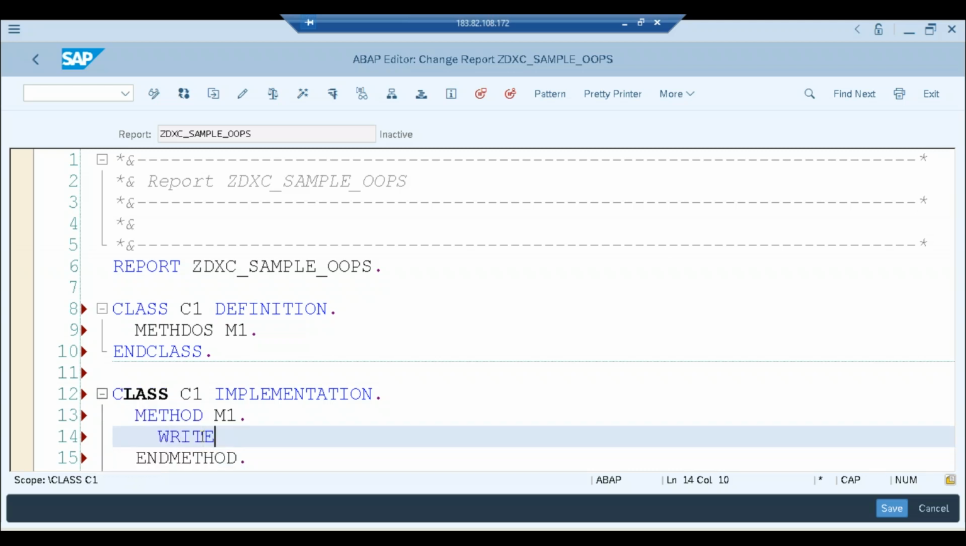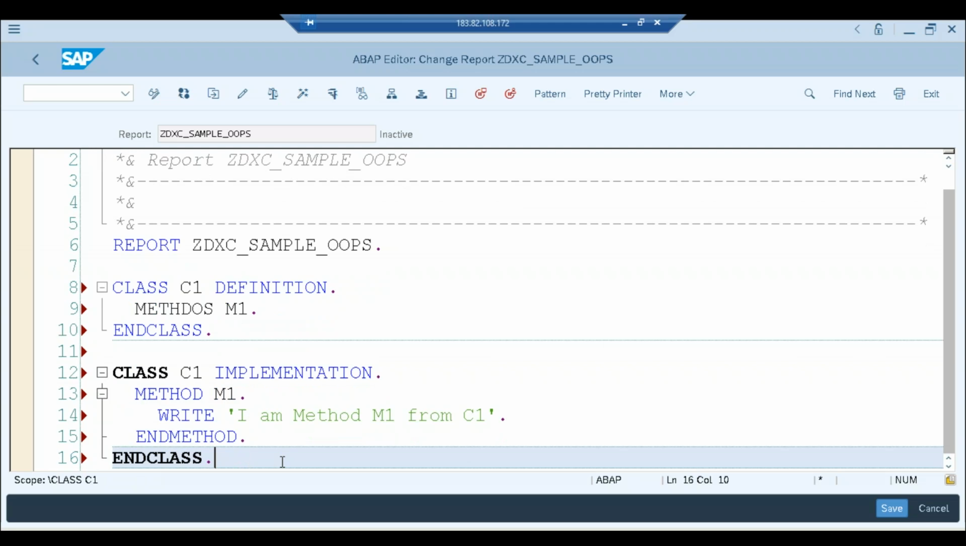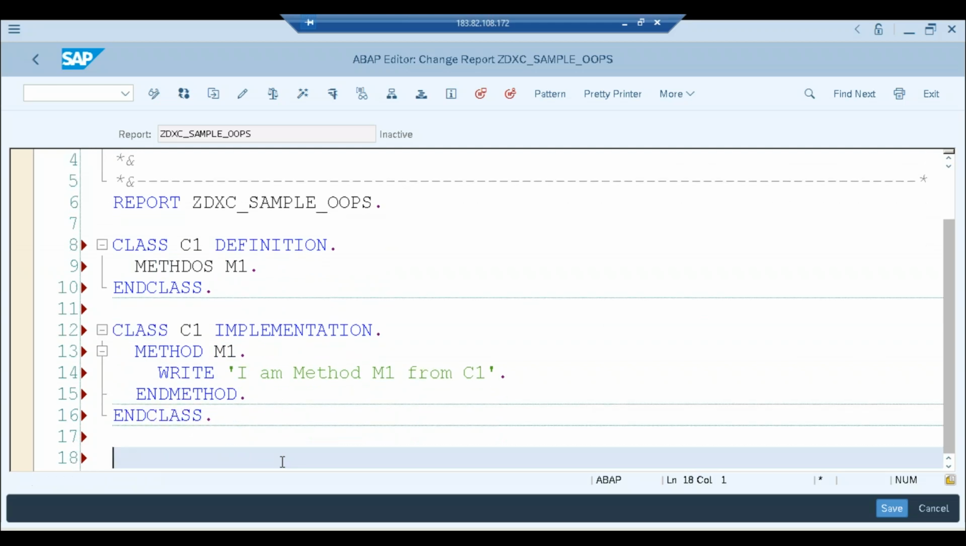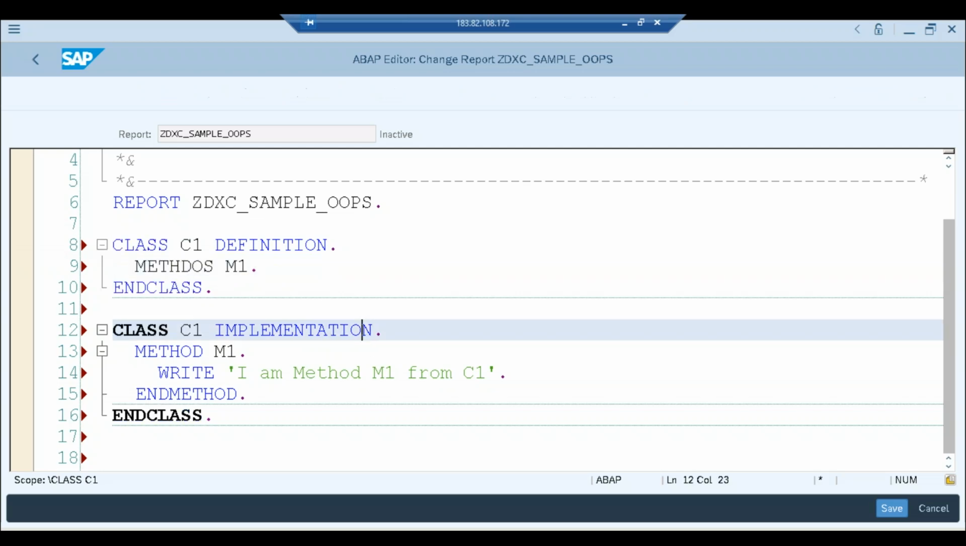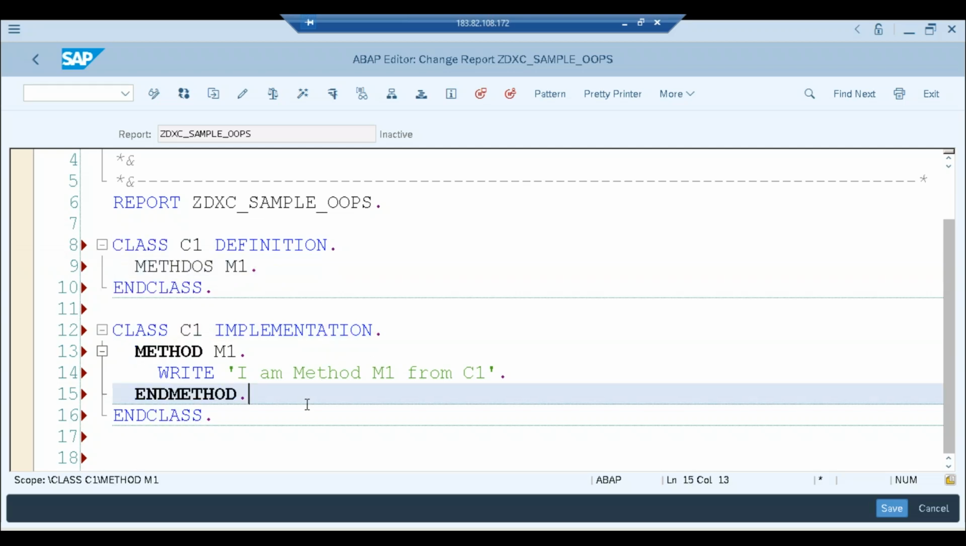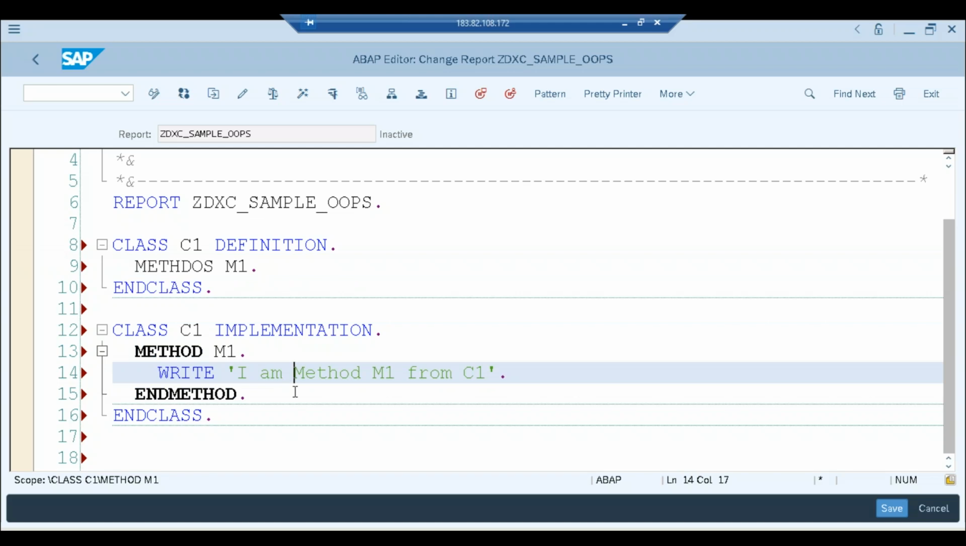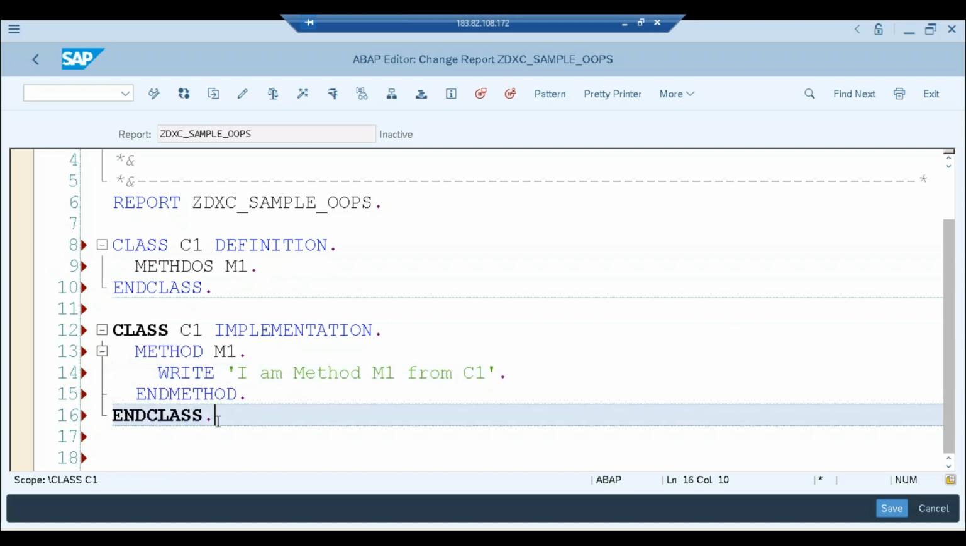So let's write a simple WRITE statement: I am method M1 from C1. This is what we're writing, and then we'll go ahead with the program. What I was trying to tell you theoretically is that for every class there should be a definition and an implementation. In the definition part we do some declarations, and in the implementation part we write the logic for whatever methods we have declared, and here the logic is the write statement. Go ahead with the